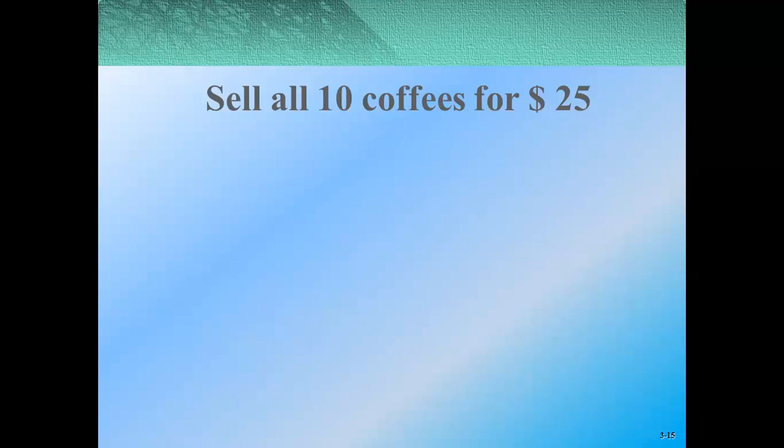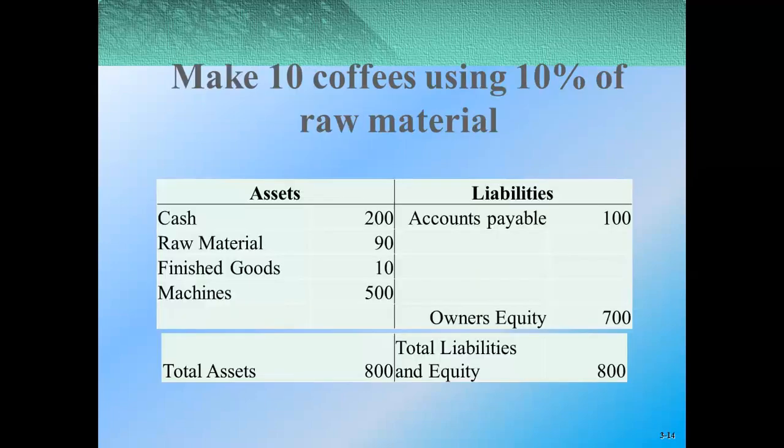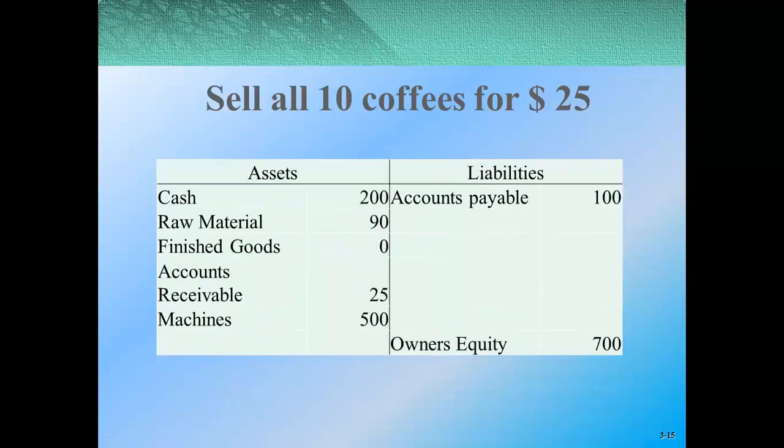Now, if we sell all the coffees for $25, let's go back. These finished goods are coffees. We sell them off. Our $10 becomes 0. Our accounts receivable, which is a new asset, becomes 25. Let's see that. There we go. Finished goods, 0. So $10 is gone because we've sold it. It's become accounts receivable because we haven't received cash yet. So cash 200, raw material 90, finished goods 0, accounts receivable 25, machines remain at 500, and the liabilities are